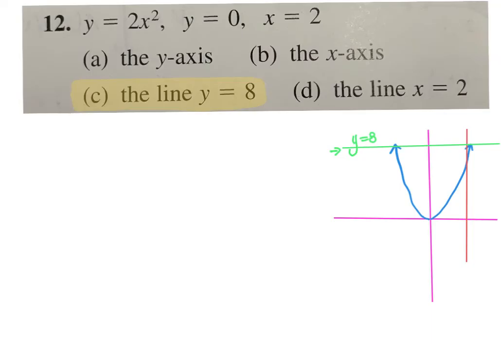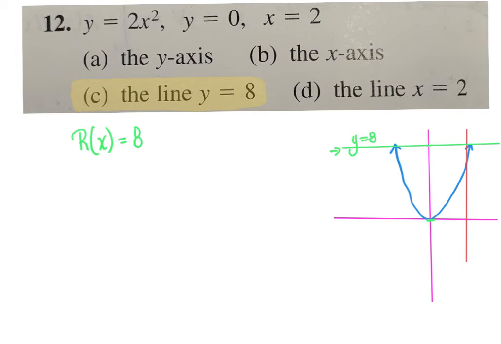And revolve around that line. What's my outer radius going to be? 8. Do you see why? Because from 0 to 8, that's my outer radius. If I were to revolve that entire thing, I'd have a huge disk with a radius of 8. So that's my outer radius. My outer radius here is just 8. Okay? Now my inner radius